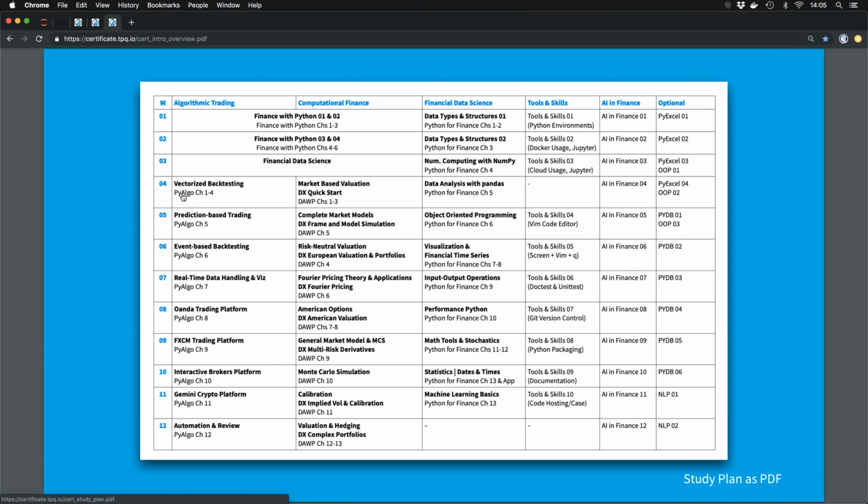Maybe one comment here: PyAlgo is the documentation for the algorithmic trading class. Unfortunately, we cannot provide an electronic version of Derivatives Analytics with Python on the Quant platform due to licensing reasons. So when you see DAWP, this relates to the blue book, and chapters 1 to 3, so it's basically the same thing. Here I changed the sequence a little bit for expositional purposes, but this is related to the book. You won't find the book itself, in electronic, HTML or whatever fashion, on the Quant platform for the mentioned